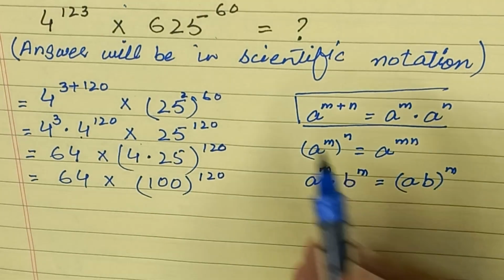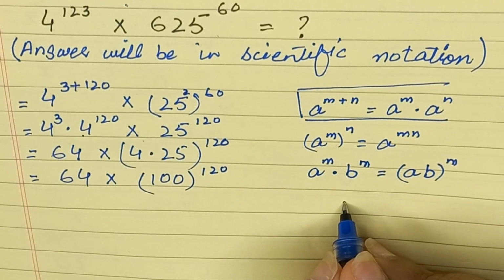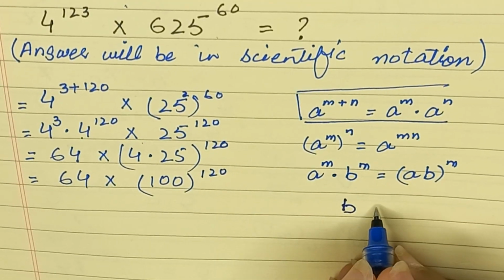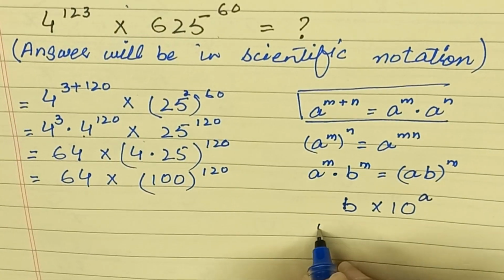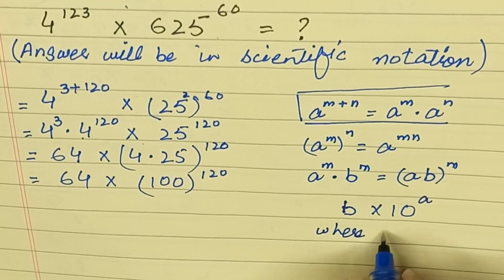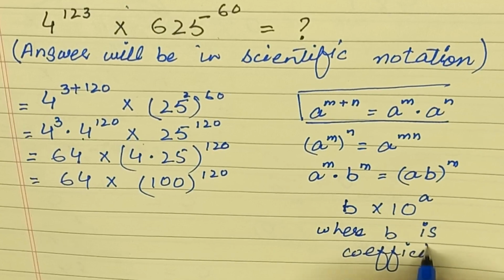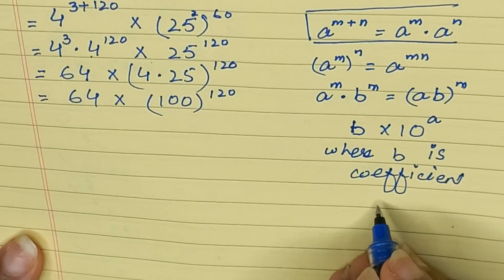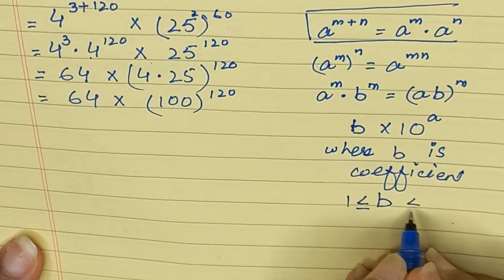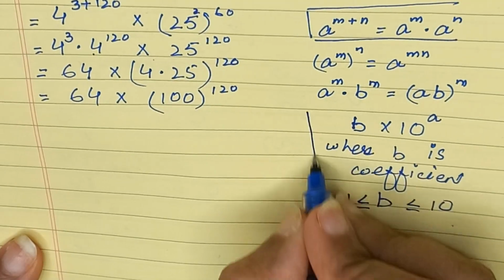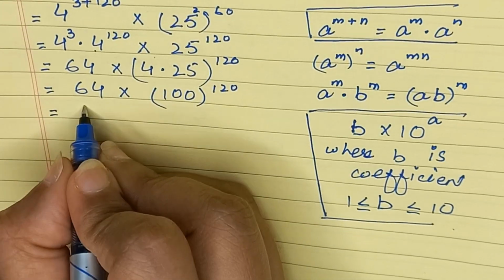Now we have to find the answer in scientific notation. So it can be in the form of b multiply 10 raised to the power a, where b is coefficient, and b can be greater than or equal to 1 but less than or equal to 10. So from here